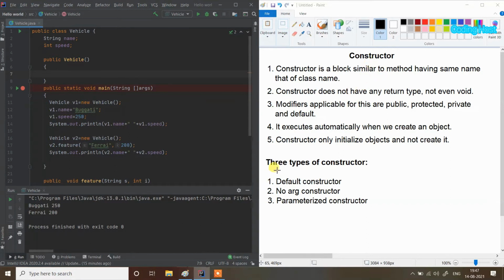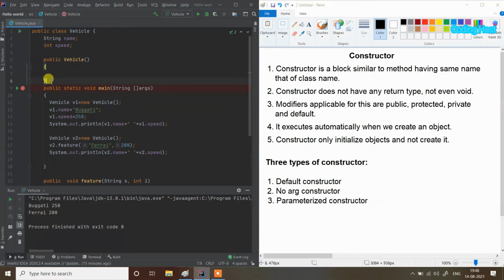Now I will explain three types of constructor. First is the default constructor. Whenever we make an object in our class, a constructor will be automatically created by the compiler.